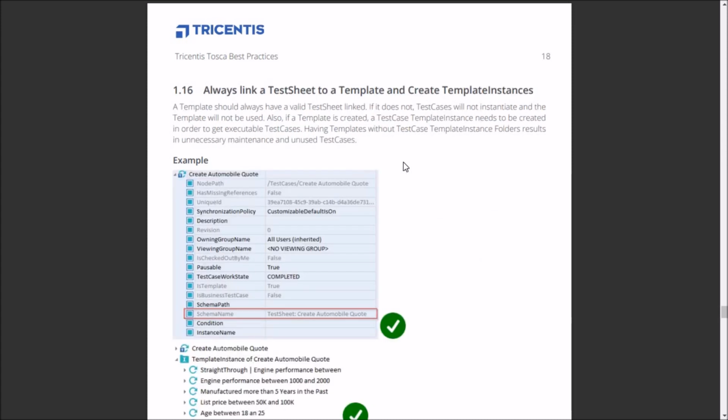Always link a test sheet to a template and create a template instance. When you add a test case design test sheet to your test case, this is how, in a schema name, you can identify which test sheet is associated with your test case. And after you link that test sheet with your test case, go for the template instantiation, and in the template instantiation you can create multiple test cases by just linking your test sheet with that